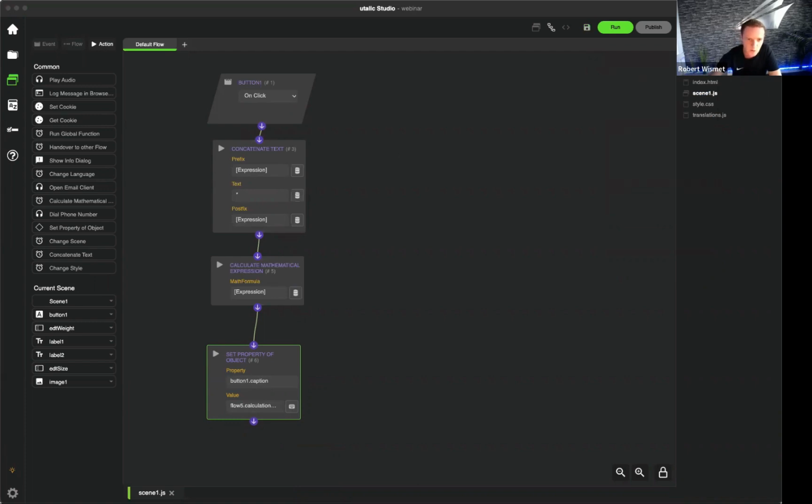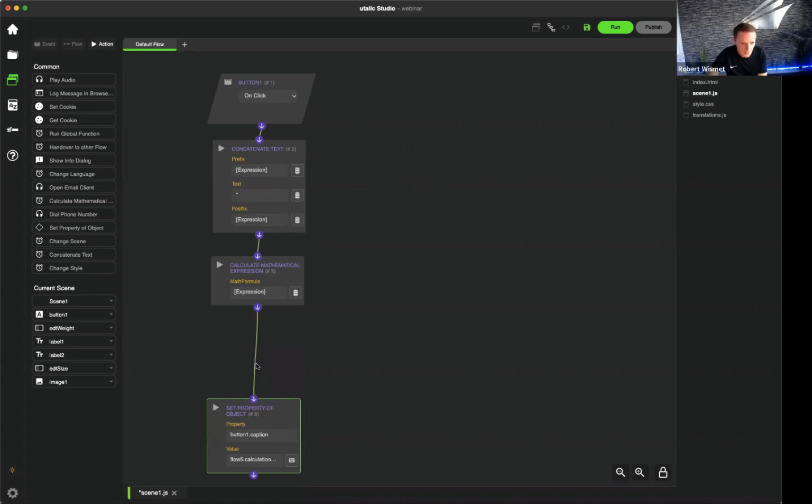My body size is 1.8 meters. When I click now, then I get the result of the multiply of 1.8 to 1.8. So now we have this part of our mathematical expression. And now we want to divide the byte, so this value, by this value, or by the calculation result. And this is pretty simple now, because we can just